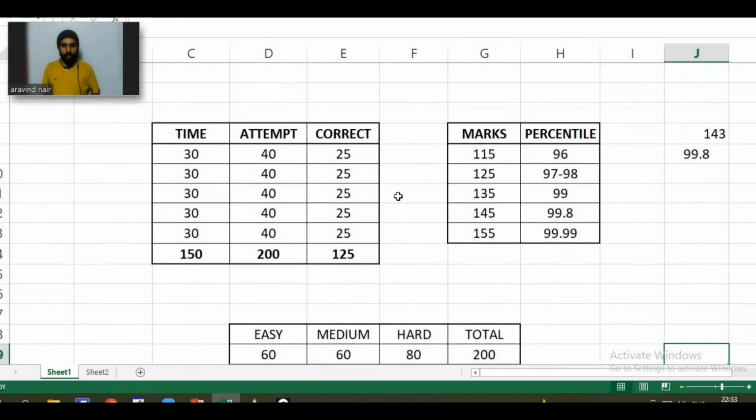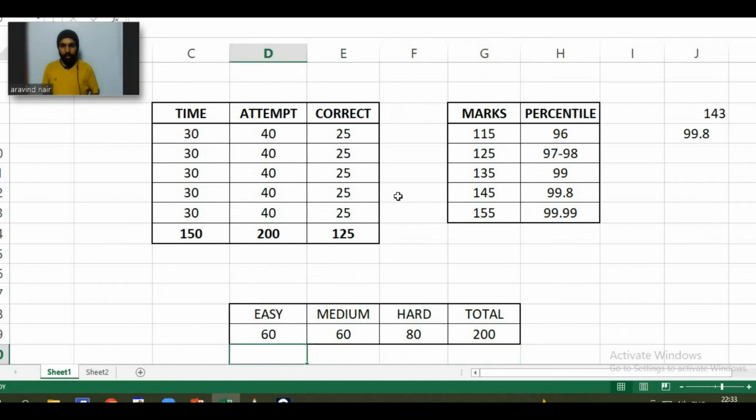And before that, one more thing that I want to show is that the idea of giving the exam was making sure that I give all the easy and medium questions enough time. If not enough time, I will make sure that they are right answers. Hard questions, okay, skip. There is no question about it. I don't know how to solve it, I won't be wasting any time on that. I will just skip it. But I will make sure that my easy questions are right and my medium questions are right.